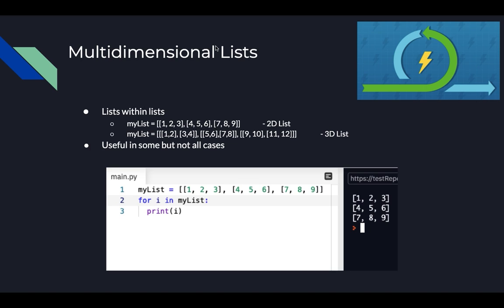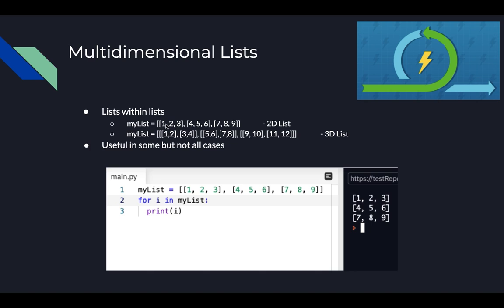So we're gonna learn about multidimensional lists, and think of them as lists inside of lists, right? So basically, as you can see here, we have... Why do I have a picture of a loop? Huh. Well, anyways,